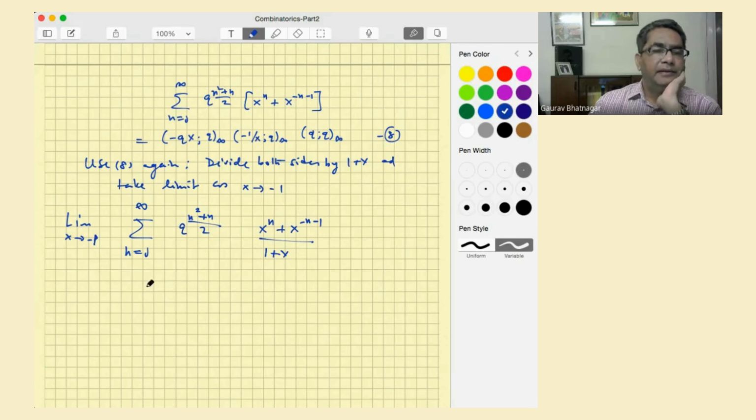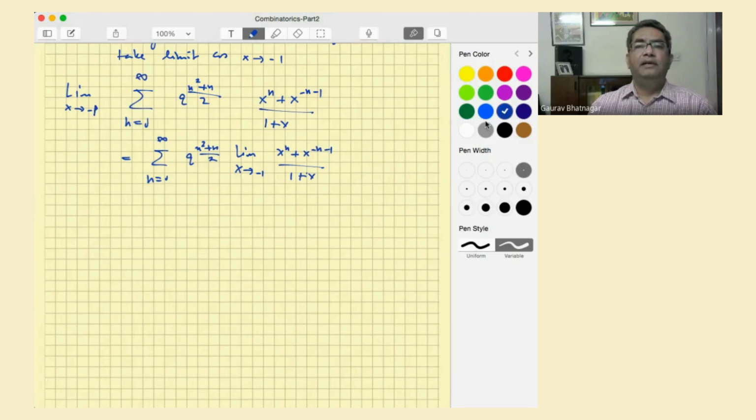Right? So assuming that you can do whatever I'm doing right now, I take the limit inside. And then this limit right here, this guy, you can use L'Hopital rule or something and just get the answer,